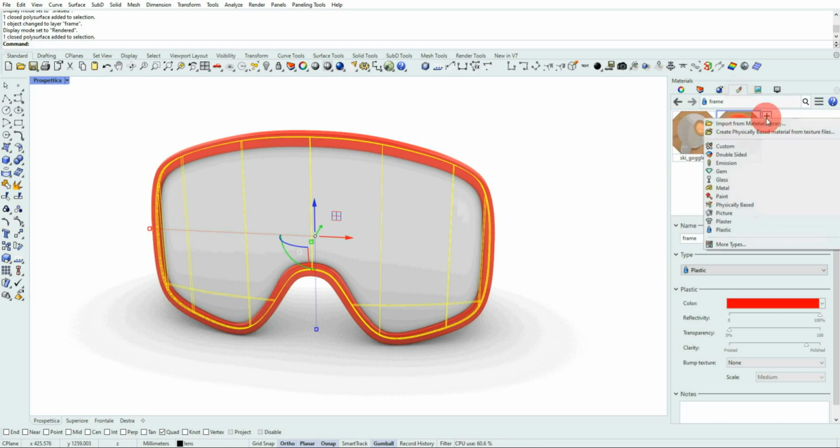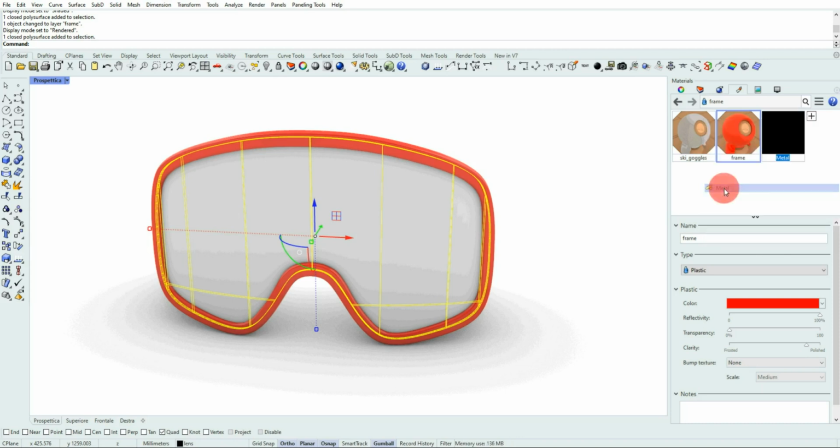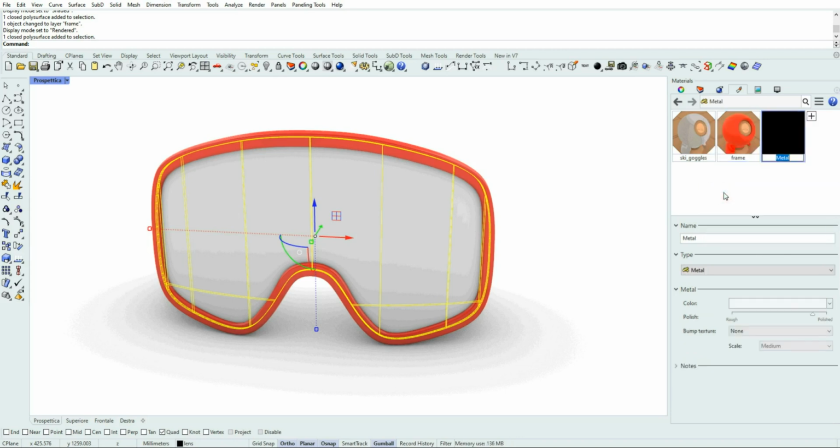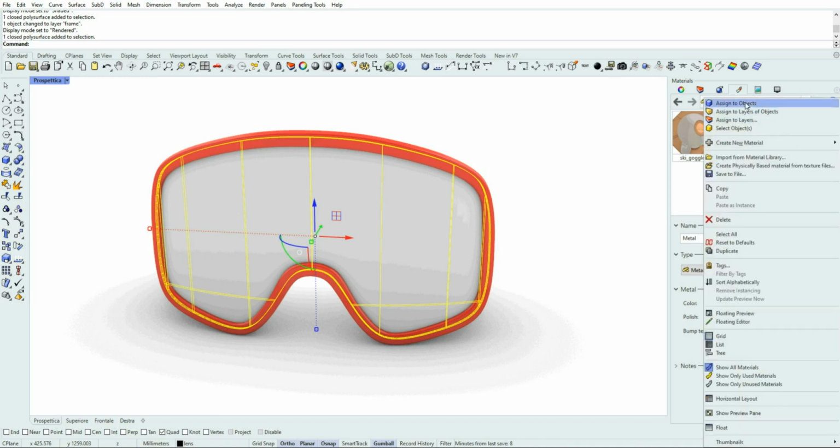Now I'm going to create a new material for lens. We can choose also glass or something, but in this case probably metal can be smart, can do the job. Okay, so I create a new material. I assign it to the object.